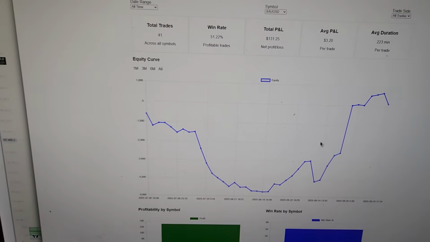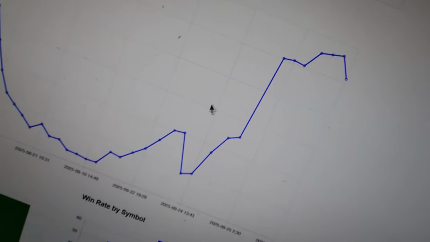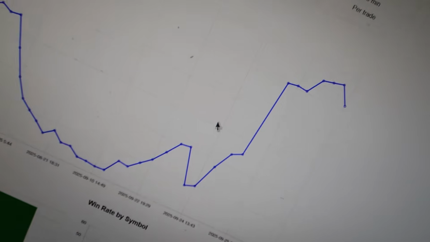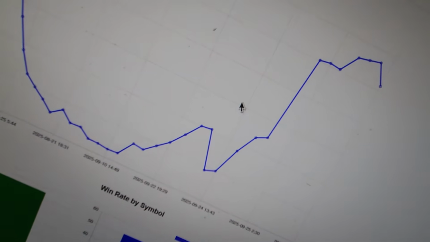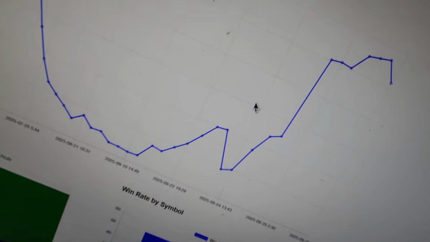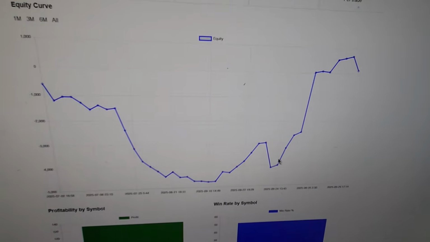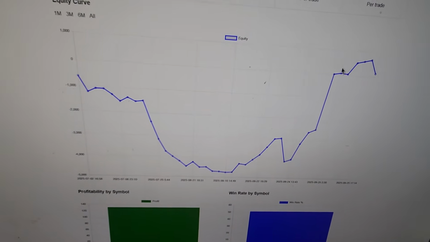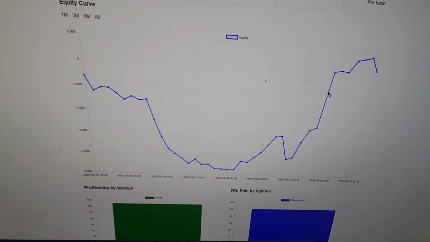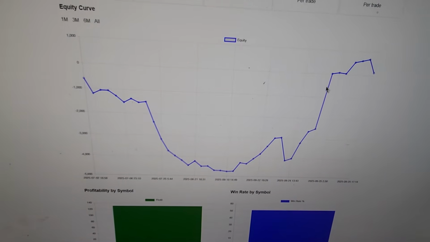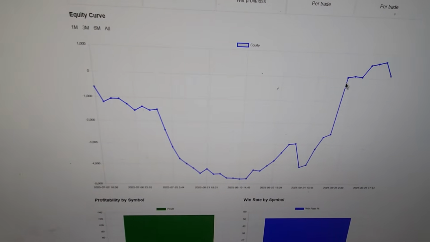And once I was able to increase that conviction just by a little bit, because I tell you, I still feel fear. I am still scared sometimes when I take some positions. And it's an eval. It's not even live funded or my personal funds. But look at the performance, because I've, to an extent, made the strategy mechanical. Look at this run. I made like 5K in one trade last week. And it just opened my eyes to the opportunities.